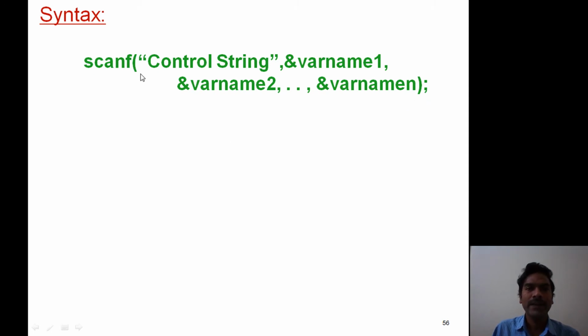Remember, here it consists of two parts. One is the control string, which must be placed within double quotation marks, and another one is the ampersand variable name format.